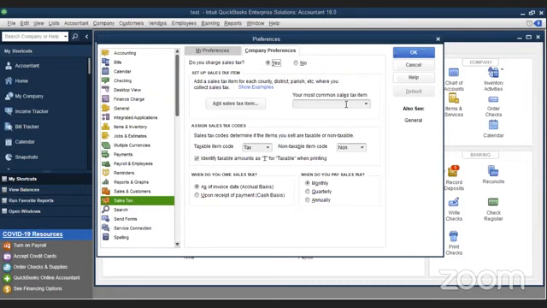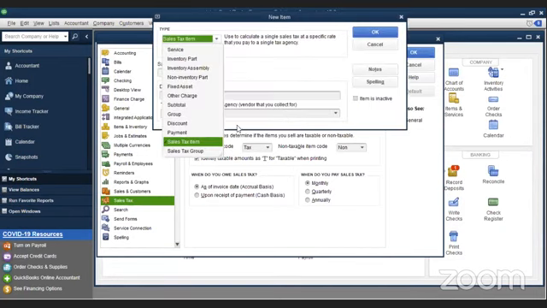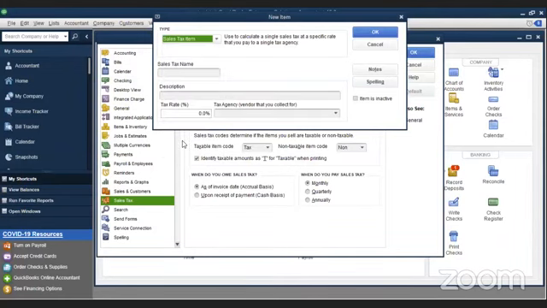You have to go to this and click create your VAT items. That means your sales tax codes. So I'm going to say add new. This is a sales tax item. Sales tax name is VAT. Description, sales tax, or you can say value added tax. Tax rate is 8%. You click 8%.